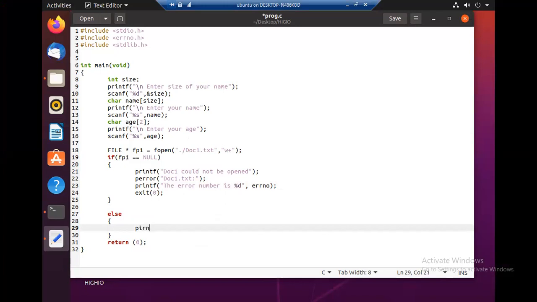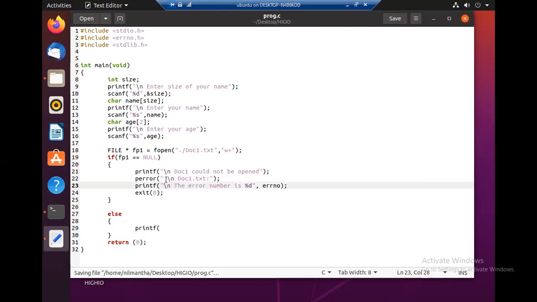First, we'll print a success message, and make sure when you are giving it here, you give it with the new line, otherwise everything will be on the same line. We'll say the file opened successfully.